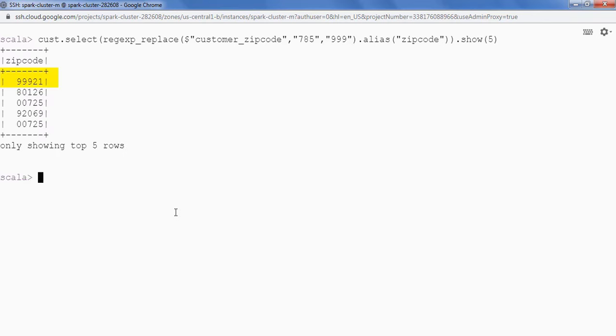So guys, we can see that this 785 pattern is replaced by 999. So this is how we can replace all substring of a specified pattern with a new value using regexp_replace function. So let's see how to split a column value into an array. For example,